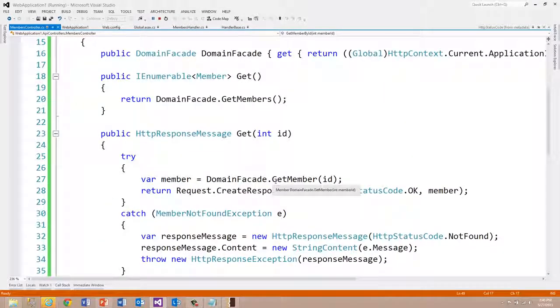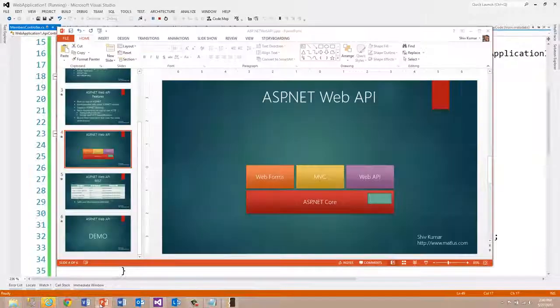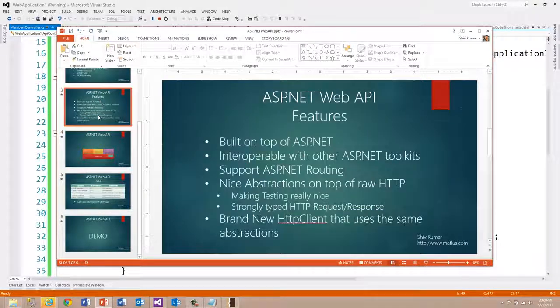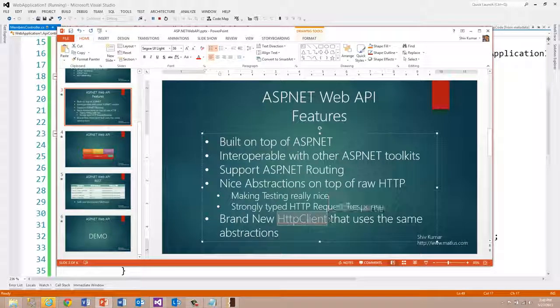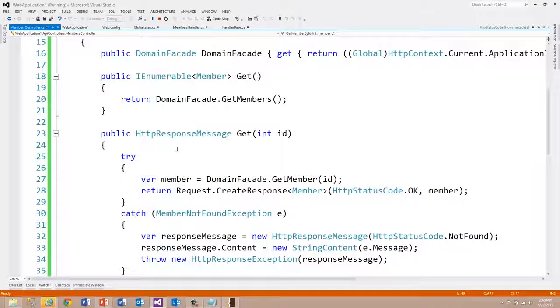We'll do put, post, and delete, and we'll be looking at calling the service using another C# application, built using the new HTTP client. If you remember my slide here, this brand new HTTP client class uses the same abstractions such as HTTP request and response message. We'll build a simple HTTP application